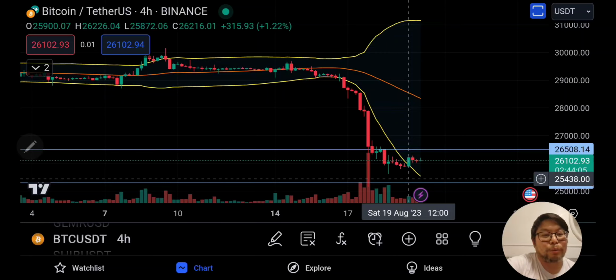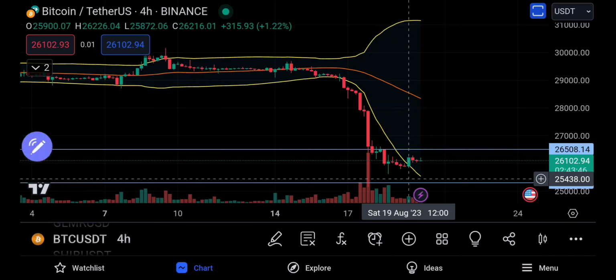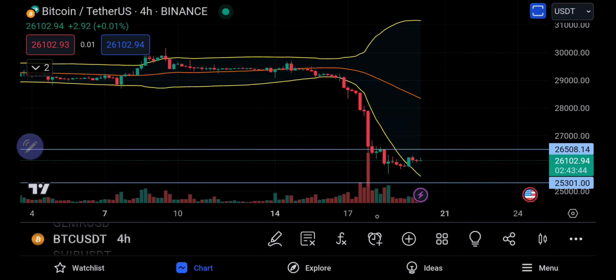What's gonna happen next? Have we bottomed out on this dip, or are we gonna go any lower? Let's take a look at the chart right now. Okay, I'm gonna close my window, that way we can just do some tech analysis on the chart. Here we go. All right, so what we have here,